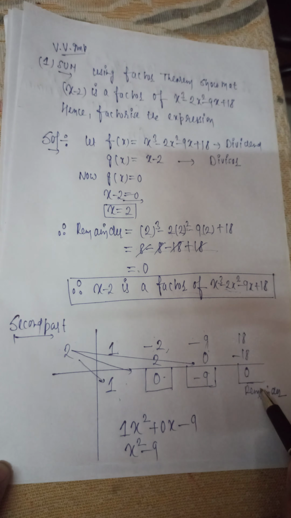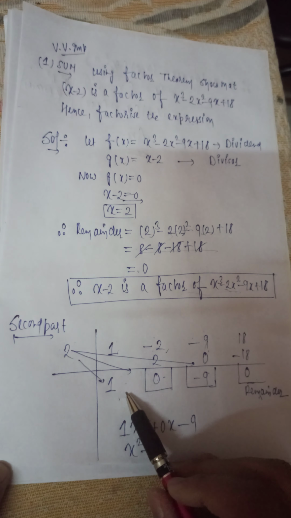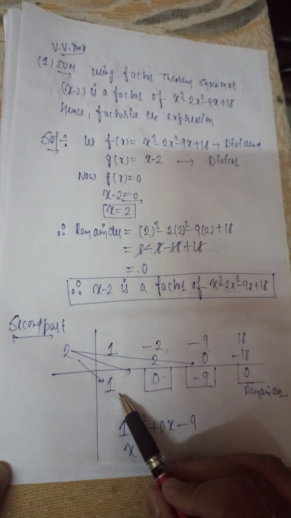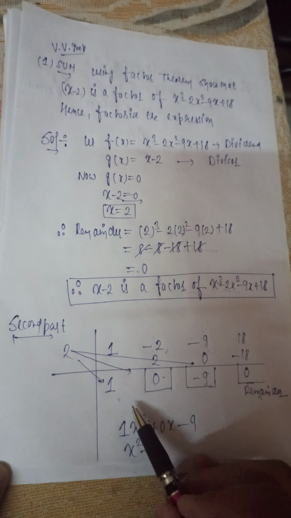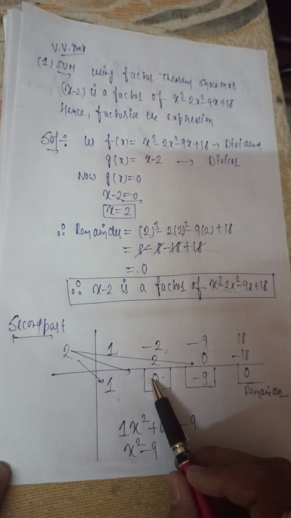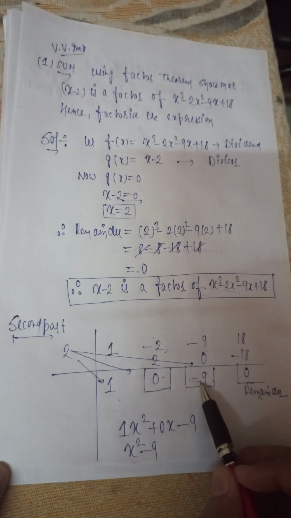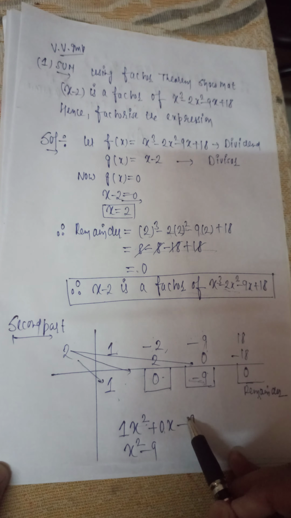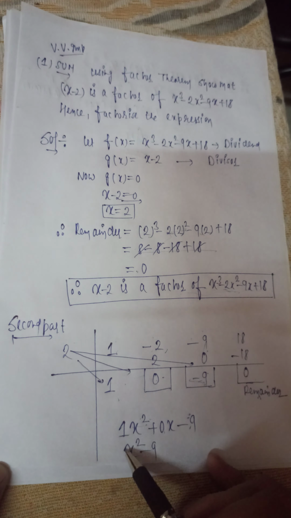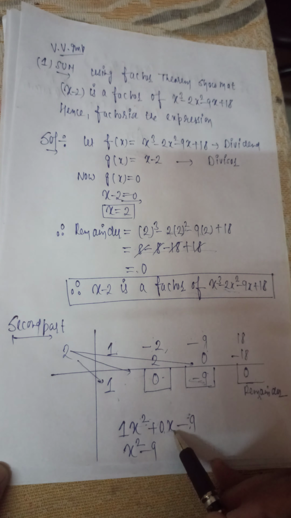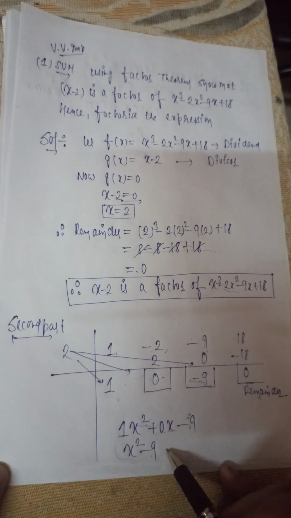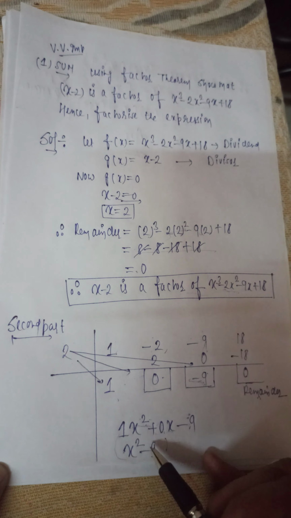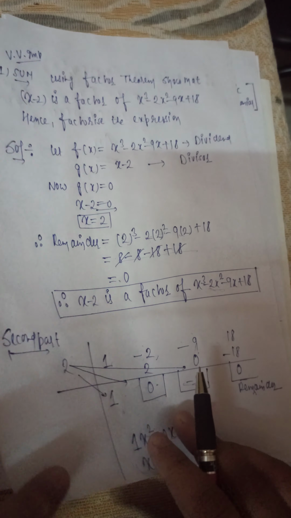So after dividing, these are the coefficients of the quadratic polynomial. Now use these coefficients for writing a quadratic polynomial. First you write 1, then always write x squared here. Then plus 0 and always write x. Then the last is always the constant, minus 9. Now see, this is a quadratic and we know how to make the factors of a quadratic. Now what is 1x square? It is x square. No need to write 0x. 0x means 0, and this is minus 9. So this is our quadratic polynomial. So by this method we have reduced the cubic polynomial into a quadratic polynomial. Now make the factors of this x square minus 9.